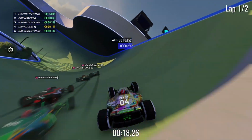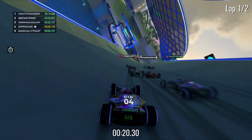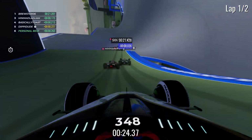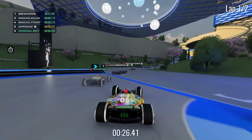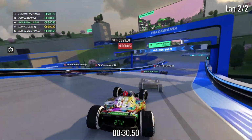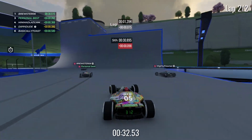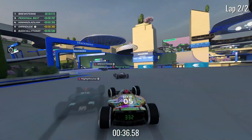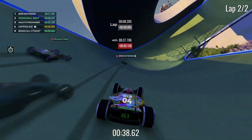We're going for the little grass up here, we're going all the way up the top. Again here, we're going to go down to the bottom of this grass piece, there we go, lovely. Getting that little drift on here, around the corner. There we go, boosting up. You see my personal best is a little faster here, but he doesn't finish faster, so we'll...